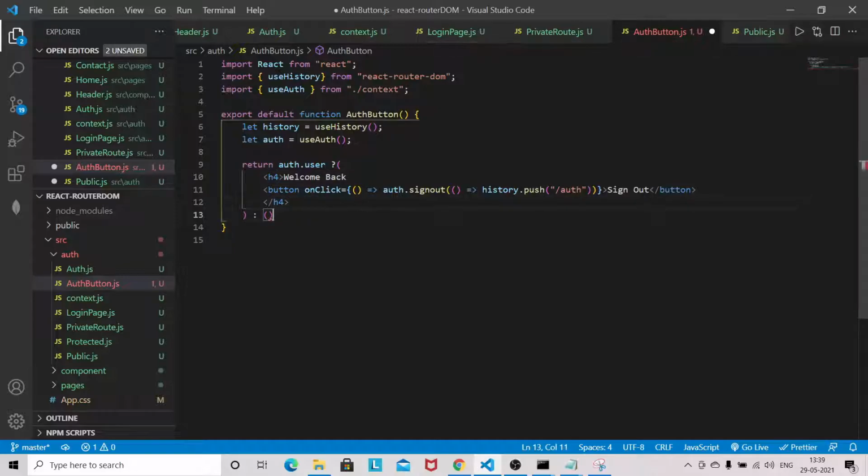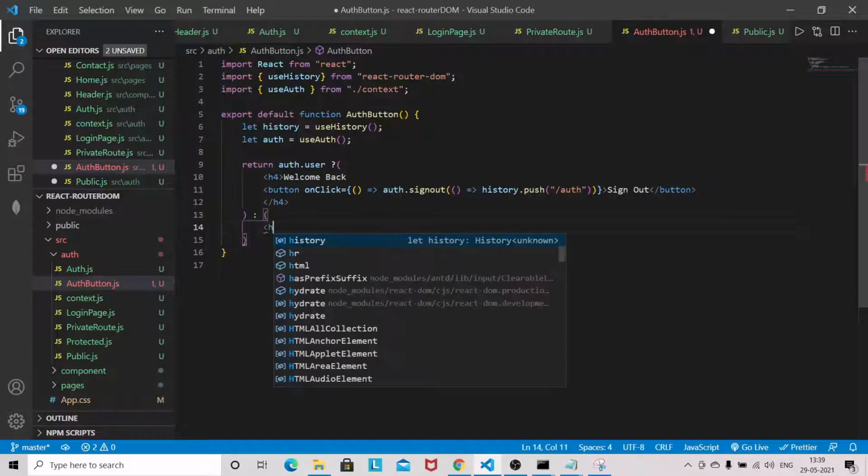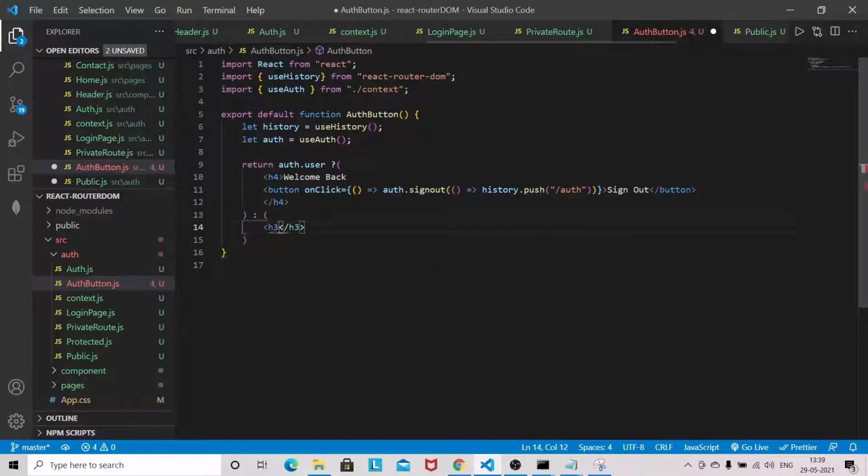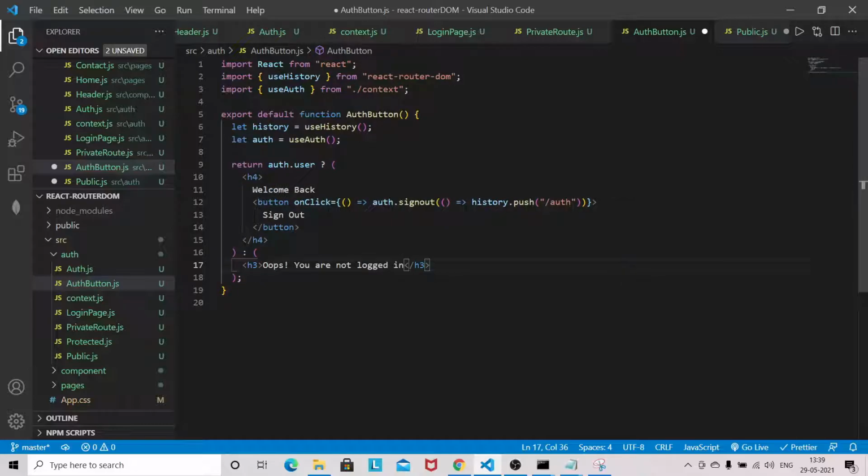Okay, and I will give h3, or if user is not signed in, I can give like, oops, you are not logged in.